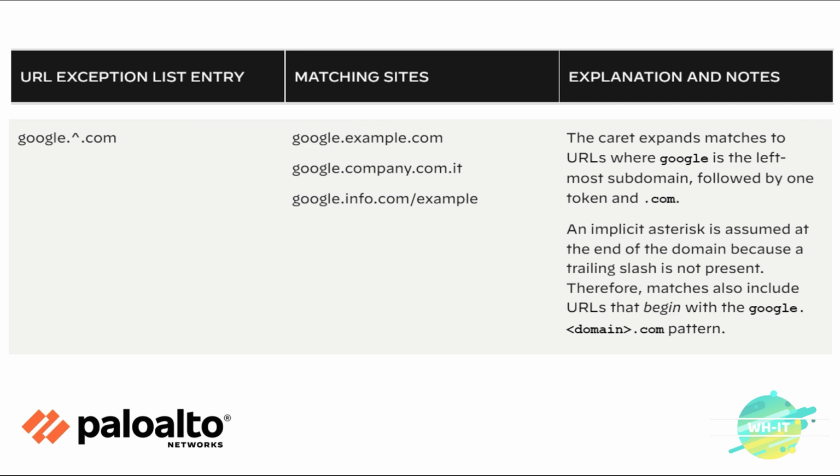Now the final example is that the caret can also be between the domain and the TLD. The domain is Google and the TLD is .com. So it believes that the caret is between them. It can be anything, but it has to be just one. You cannot say example.abc.com, because you are giving the exact match based upon the caret. So that is how it's going to work, like the other example google.company.com. So this is how you can use both asterisk and the caret to allow or block URLs